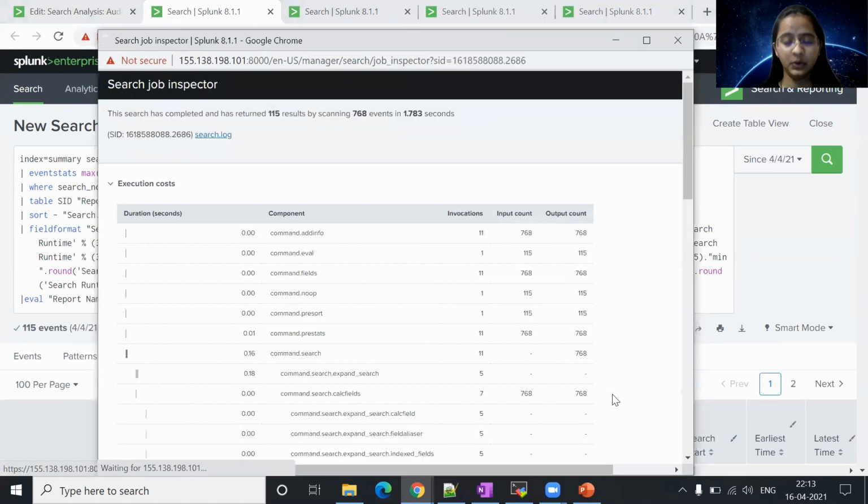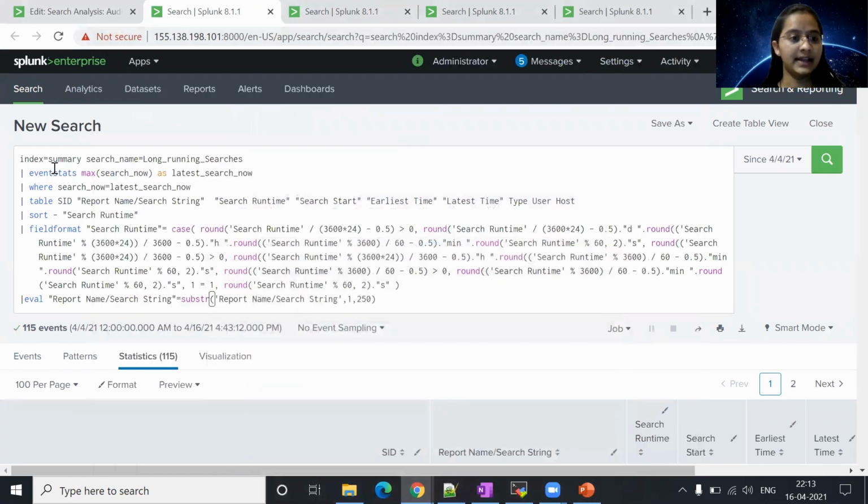Now let me go to job inspect. It has come down to 1.5. I know the difference is not that much because I don't have much data. This is my demo instance. But in an actual scenario, you will see a difference of, I guess, minutes whenever you have data in the thousands. So now let's see how to do that.